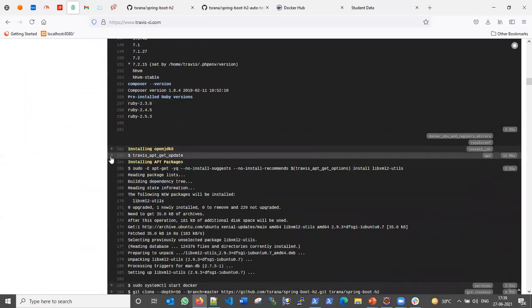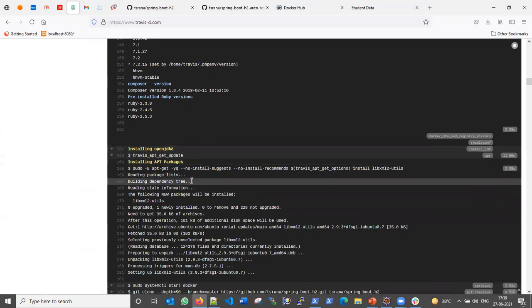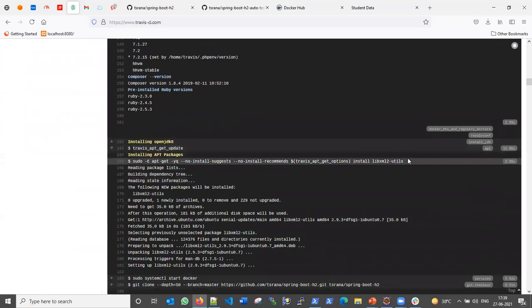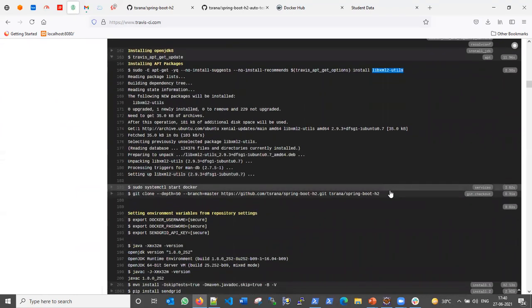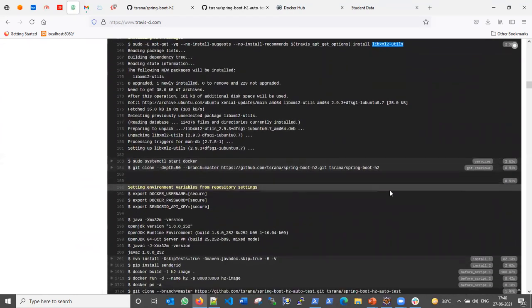Let me open this. Yes, here you can see it is installing this package for us in this virtual machine. Like that, you can install any packages if they are required for your application.